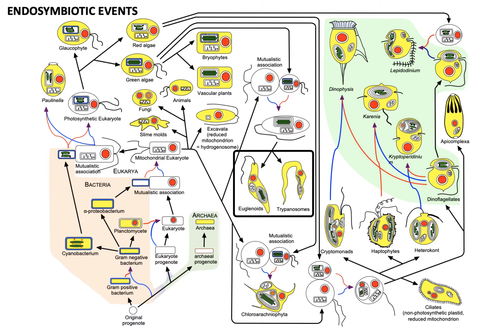There are several other endosymbiotic events that involve two eukaryotes, and so in the case of the excavata, you have a mutualistic relationship between a green algal cell and a protist that become the euglenoids and eventually the trypanosome line also, which at one time, its ancestors were photosynthetic, but they've lost that ability and